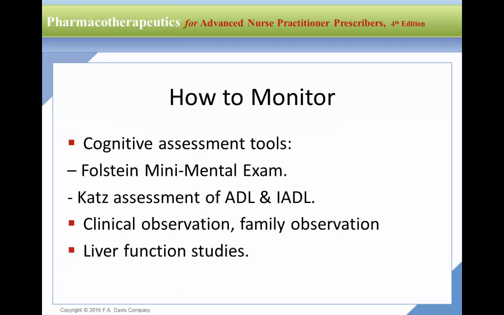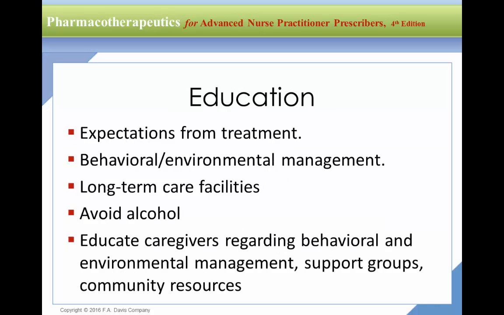Educate the caregivers on side effects, and also do mini mental examination, as we already discussed in prior classes for Alzheimer's. Always LFT, always beta-creatinine, avoid alcohol. In addition to medications, you must educate caregivers and go over environmental control, support groups, and also community resources for